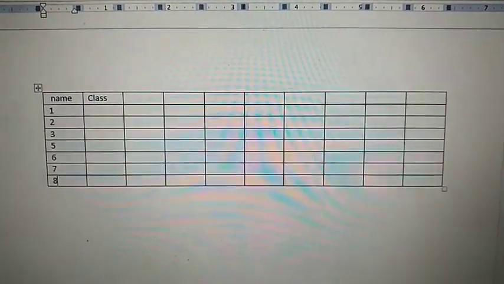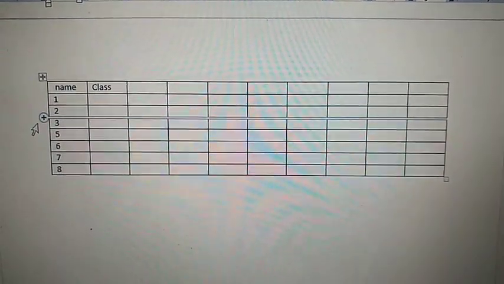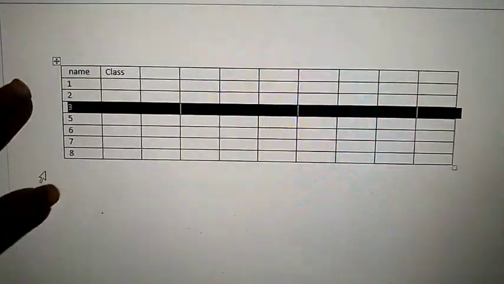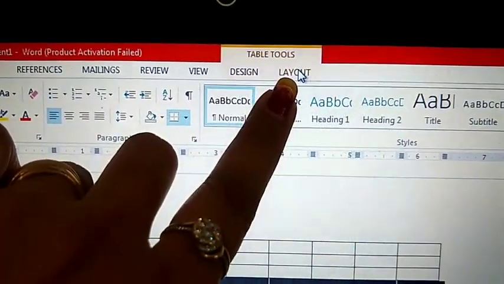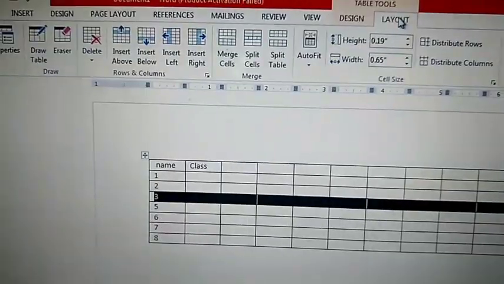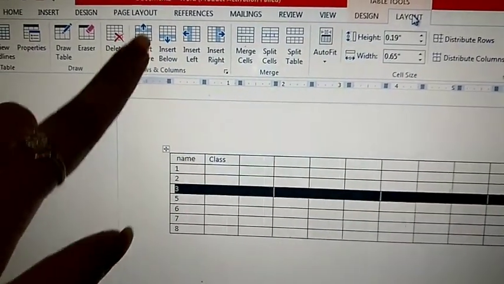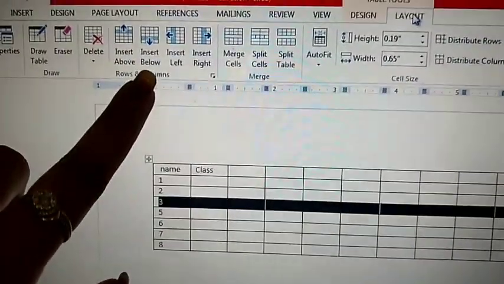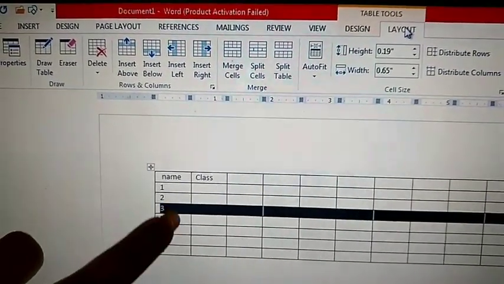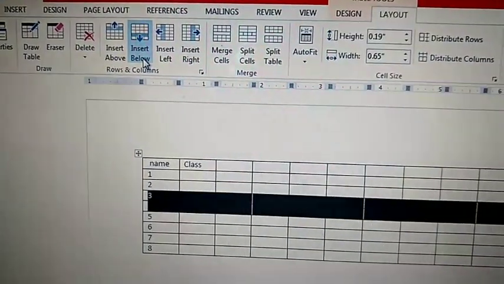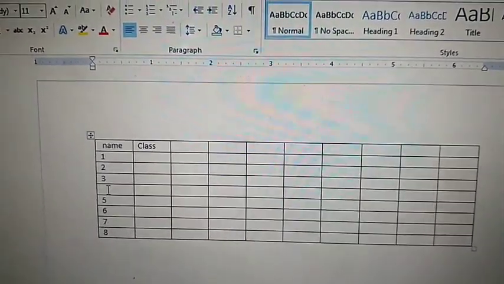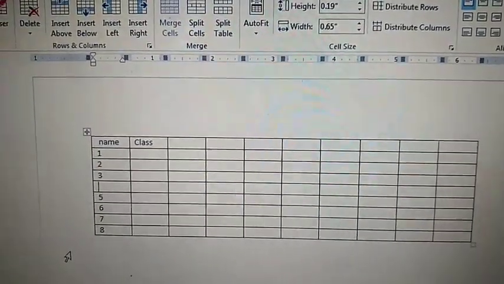Now how will you insert? I want to insert after 3. So select this one. Select the whole row 3. I want to insert after this, so I will select row 3. Then after that, here you will get the layout option. You will click on this. When you click on the layout option, here you will get insert above, insert below. So I want to insert after 3, so I will choose the insert below option. See, as soon as I have chosen the insert below option, you will get one extra row after this, and here